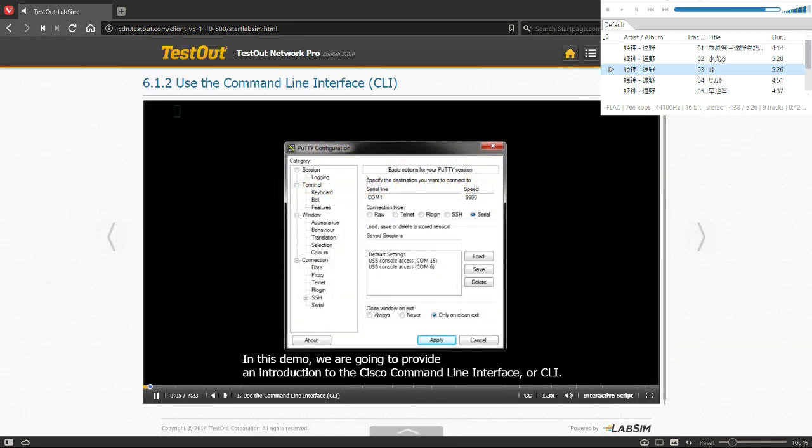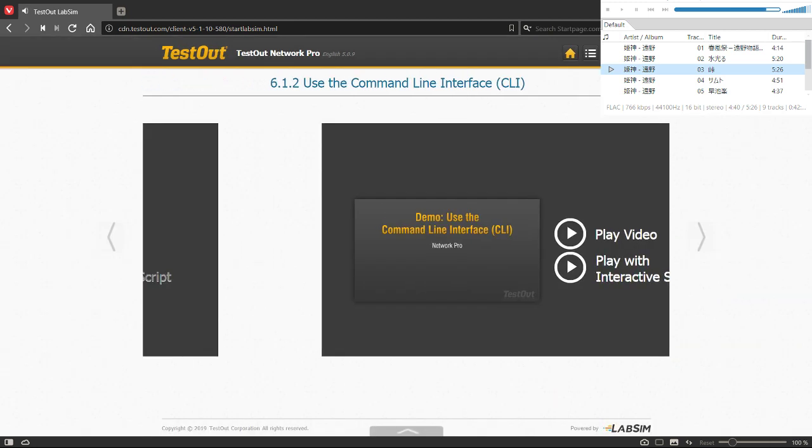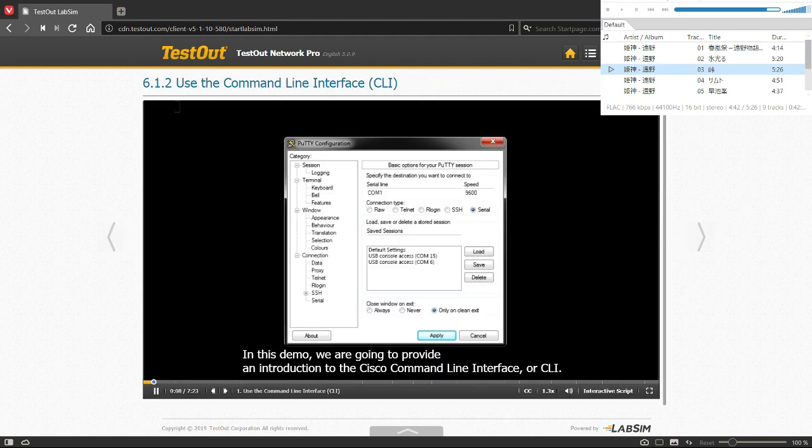In this demo, we're going to provide an introduction to the Cisco Command Line Interface, or CLI. We'll take a look at default terminal emulation settings to gain access to a Cisco console port. We'll take a look at basic navigational commands to get in and out of different modes on the